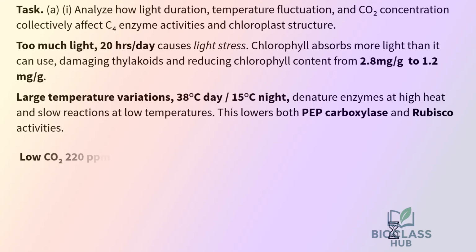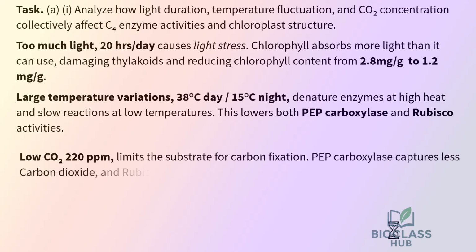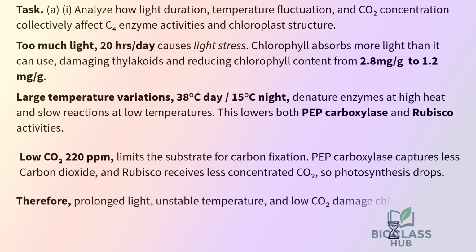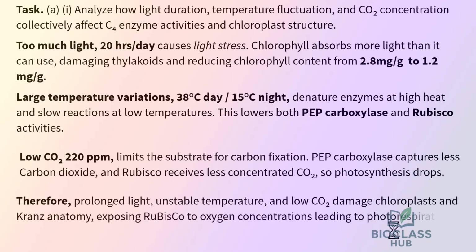Low carbon dioxide limits the substrate for carbon fixation. PEP carboxylase captures less carbon dioxide, and rubisco receives less concentrated carbon dioxide, so photosynthesis drops. Therefore, prolonged light, unstable temperature, and low carbon dioxide damage chloroplasts and Kranz anatomy, exposing rubisco to oxygen concentrations leading to photorespiration, greatly